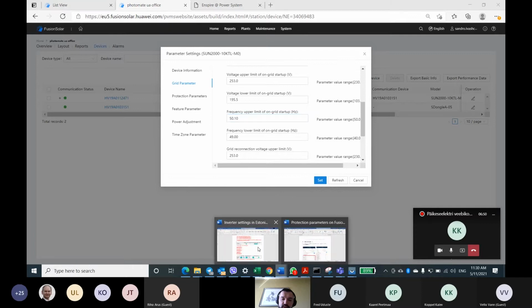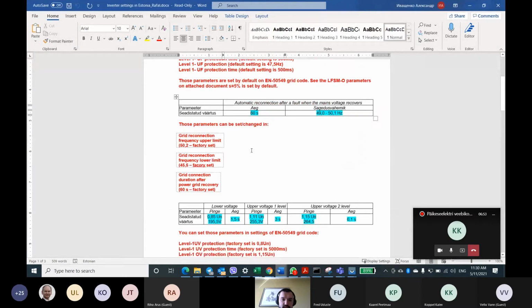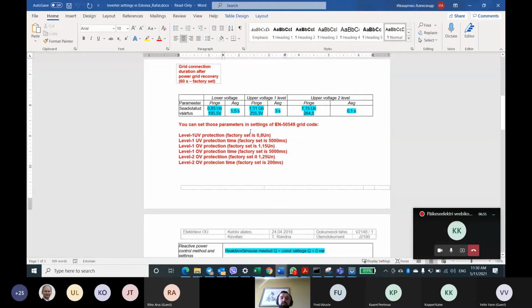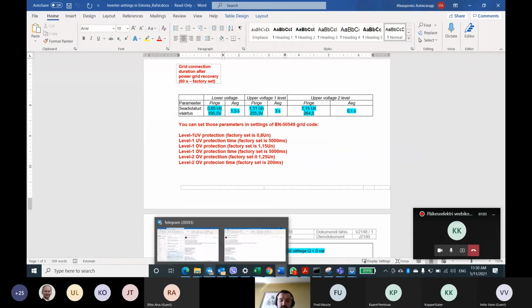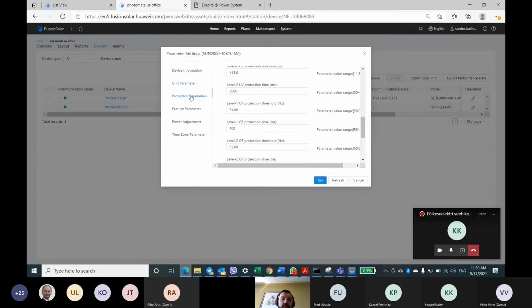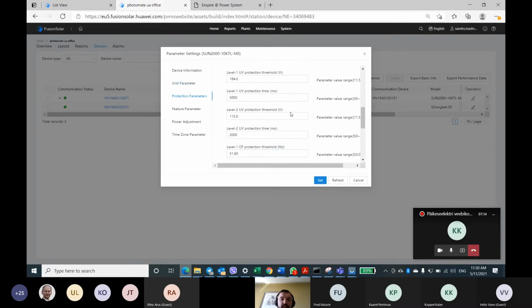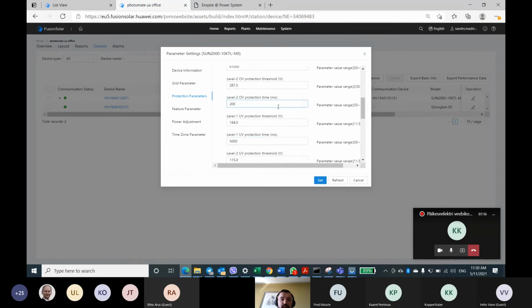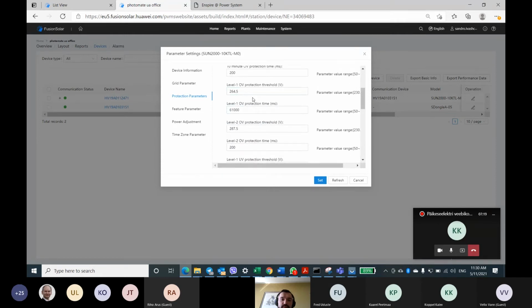So let's check the next requirements. It is voltage. So it is the lowest and highest voltage range. Let's see where it is. These parameters are in protection parameters. We need to choose the protection parameters and find the level 1 over voltage. The standard value is 264.5, and almost 10 minutes.